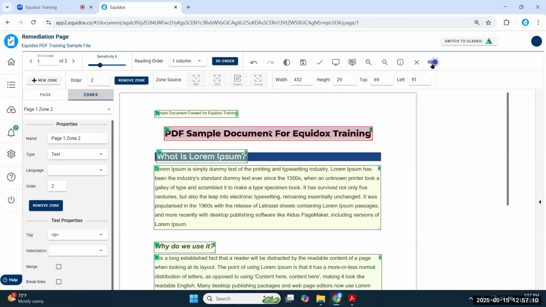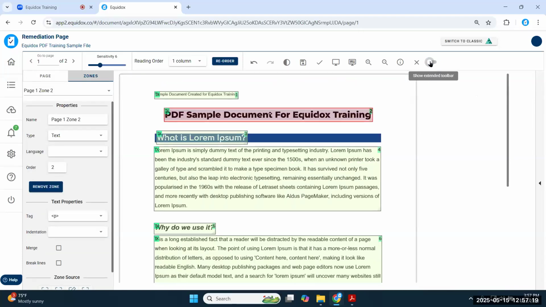So in general, just for the accessibility of the application, we've put some buttons up here, but I don't use them very often. So I typically hide that menu, because I'm using a laptop with a small screen. So I prefer to have that extra vertical space on the page. But that's purely just a preference. If you want to keep it expanded or collapse it, totally up to you.